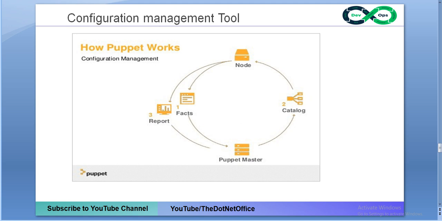Puppet is basically an open source software configuration management tool. It is used for deploying, configuring and managing servers. It uses a master slave architecture, where configurations are pulled from the master by the nodes. So basically from the master we pull the request using the node, and we do the operation. Puppet is free up to 10 nodes, and when we get more nodes, then there is a cost for this.